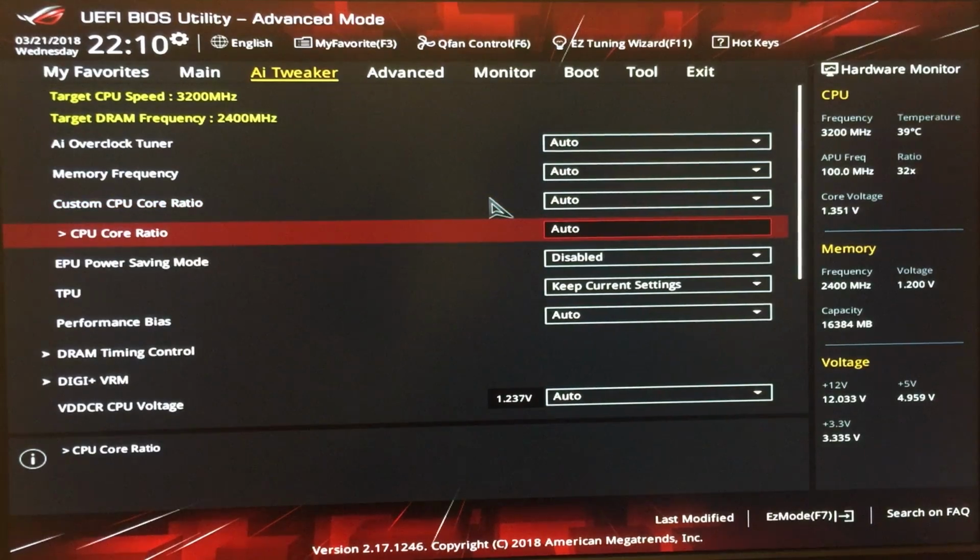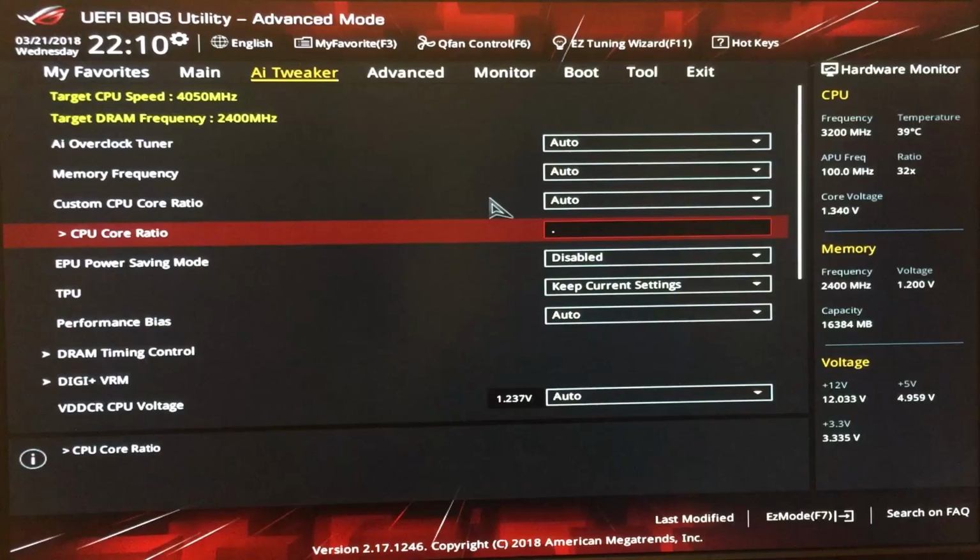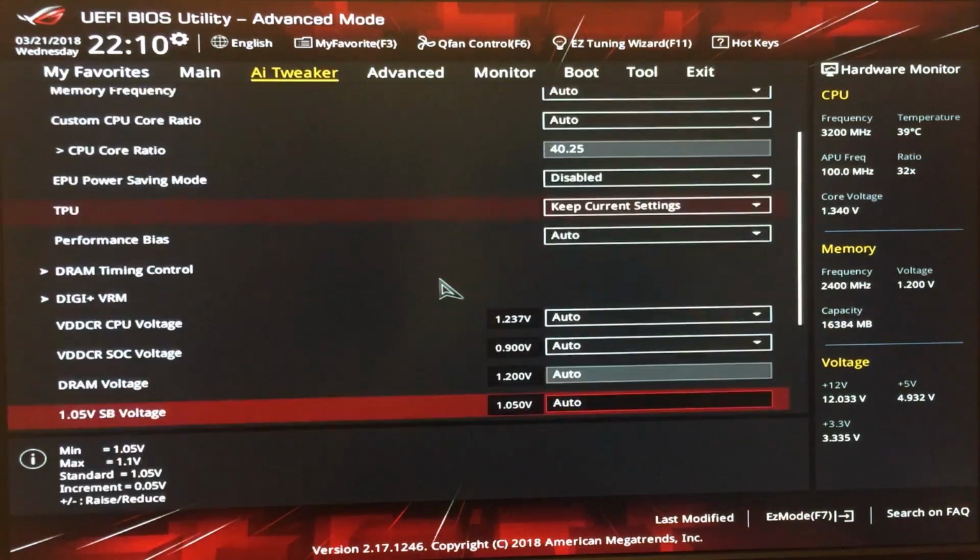And I'm going to change this core ratio to 4, and I find that generally you have to do it just above 4 for some reason for it to register. So that's 4 gigahertz. So I'm going to go right there, and then very important, what we need to do